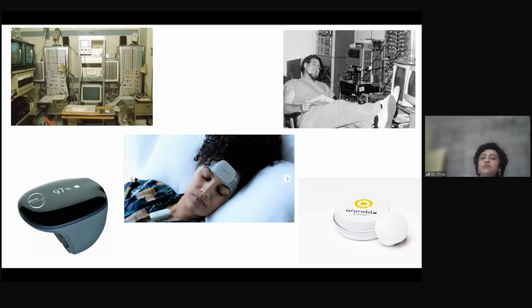So from the first sleep lab, the huge computers and data coming out, to a sleep physician sitting and scoring the sleep or observing the sleep study being done, we've come to wearables as small as a finger ring or a finger oximeter, to a portable sleep study, to a ring that can be worn for a complete sleep study. We are reaching that stage.